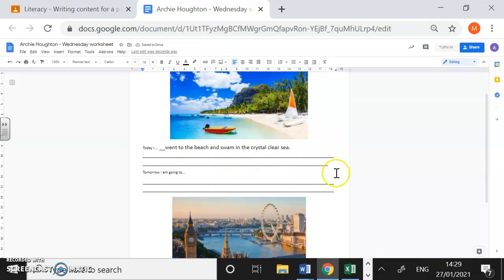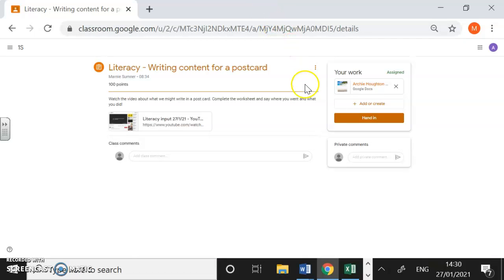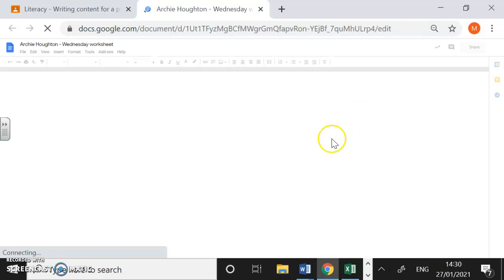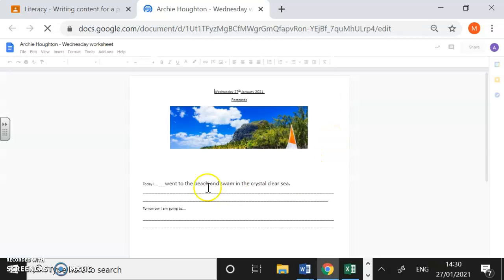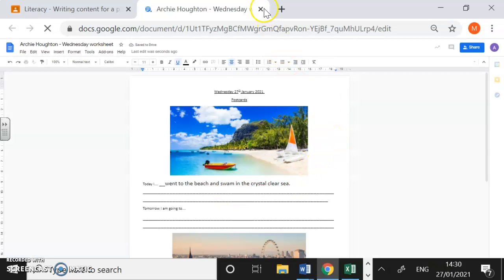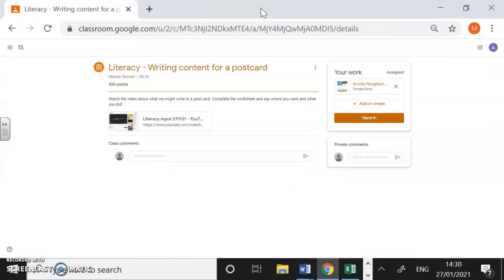So obviously when you've finished your work, you don't need to save it, you can just click X at the top and it saves automatically. You can even go back on to check that it's saved. And your work is there that you've just written. So click off it,